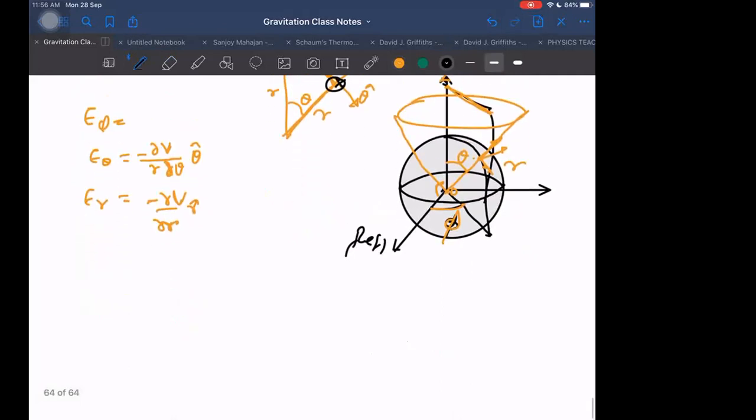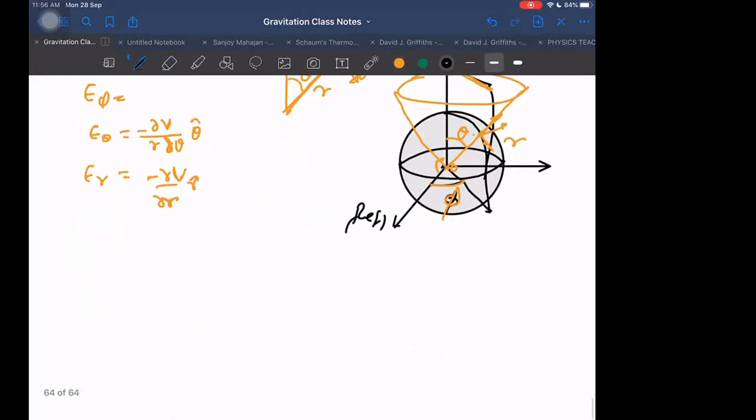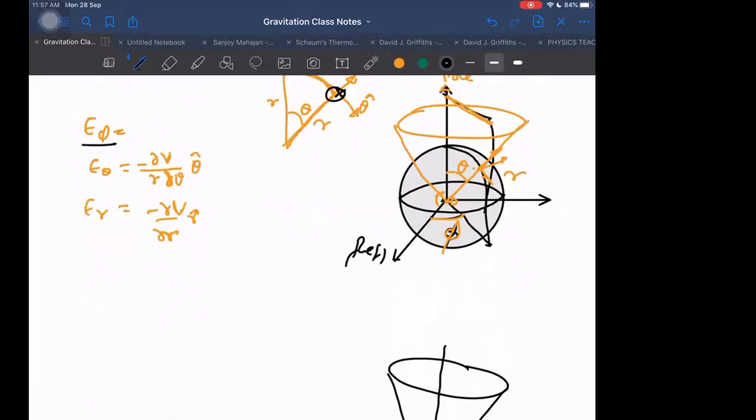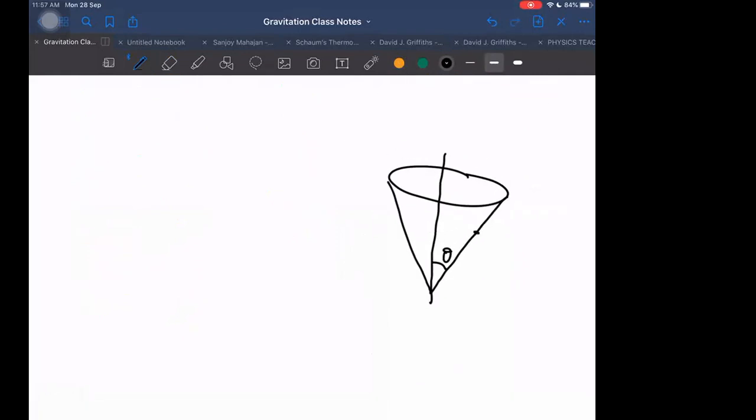To visualize phi, first of all, again I will assume r to be fixed, and I will assume theta to be fixed. If I assume theta to be fixed, I assume a cone with a fixed semi-vertex angle theta, because I have to vary only phi. r is fixed, I'm at a fixed distance from the origin, I can go to this side also, but I'm always at a fixed distance r. Then how will I be moving? If I keep r fixed and theta fixed, I will be moving on the surface of the cone. I think you know that, or not?